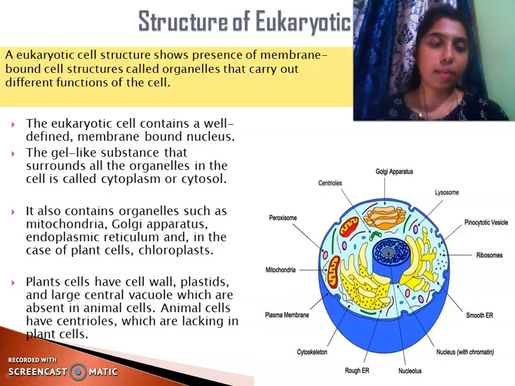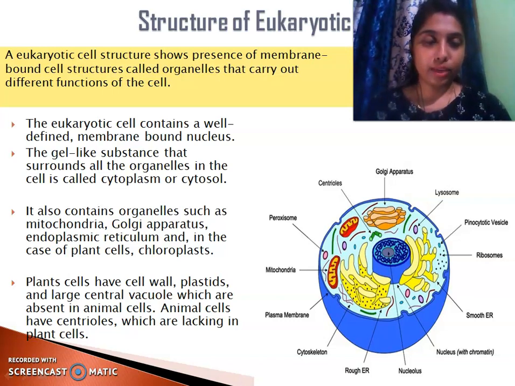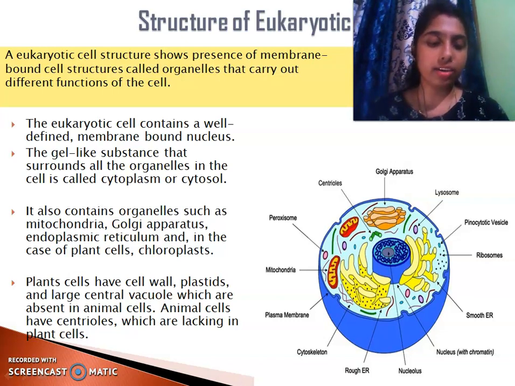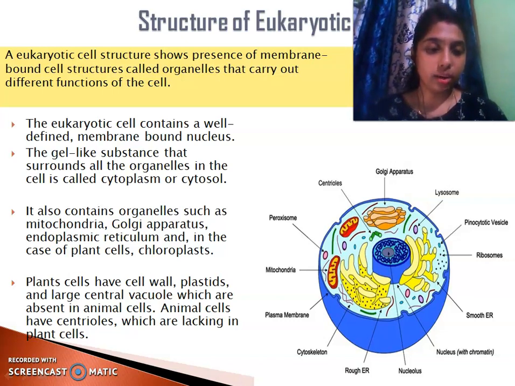Now let us study about the structure of a eukaryotic cell. So in our last class we had studied about the important differences between the prokaryotes and eukaryotes. There we have seen that eukaryotic cell में all the cell organelles are present, and also the nucleus which is present in the eukaryotic cell is a very well organized nucleus, and also it is covered by a nuclear membrane. Okay.